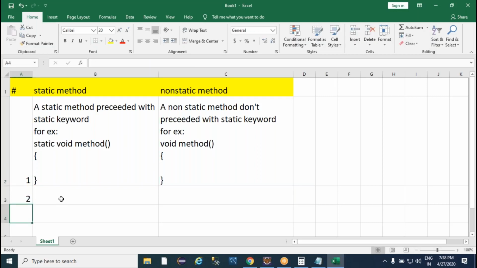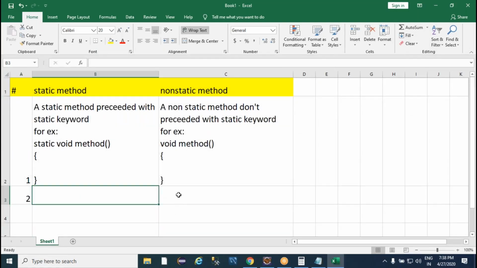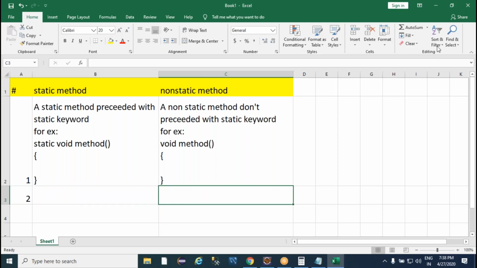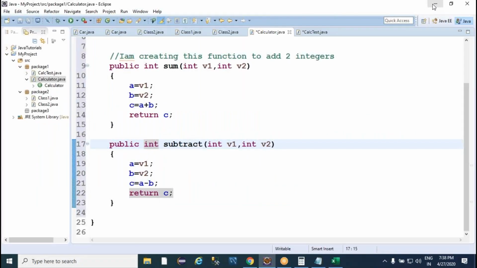And the second comparison. In the second comparison, I'm giving when to go for static and when to go for non-static. Okay. Better, as we are testers, let me explain from a testing point of view when to go for static and when to go for non-static. See here,